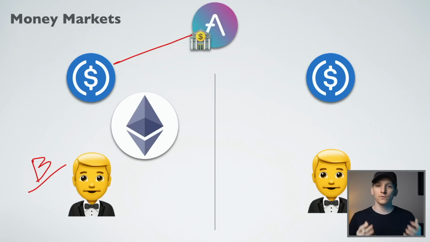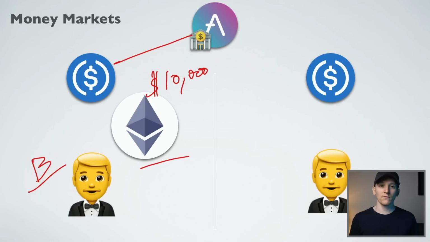But Aave doesn't just give money out. You need collateral to borrow against on Aave, and we'll look at that in a second on the site. But he'll put some Ethereum onto the Aave platform as collateral. Let's say he puts $10,000 worth of Ethereum onto the Aave protocol. Aave is going to say, thank you very much. You have $10,000 of collateral, and we are going to give you up to 75% of the value of your $10,000, so $7,500, as US dollar stablecoin. You can go and invest that as you want.